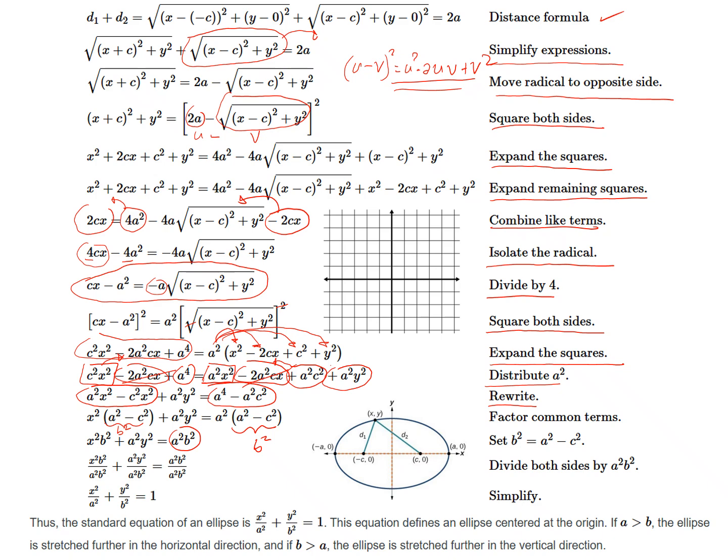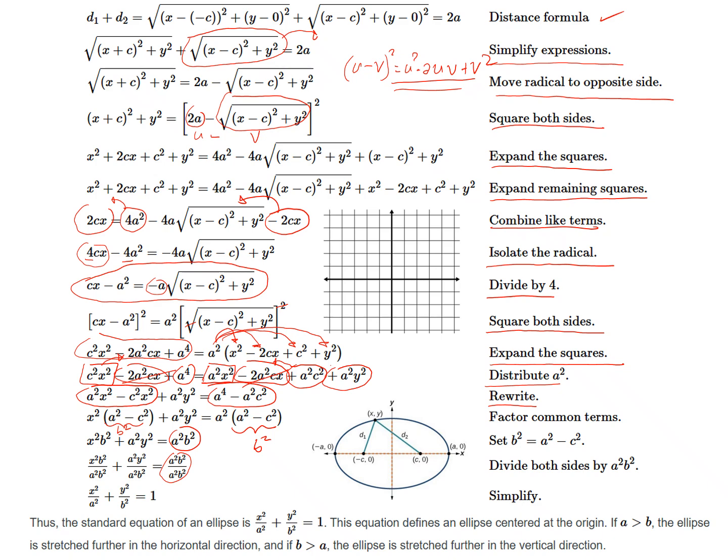So therefore we have x squared and this term, x squared b squared plus e squared y squared equal to e squared b squared. Okay, so now we have a common term on both sides. What is common on both sides? We will just divide both sides by e squared b squared. So when the right side is divided by e squared b squared, it becomes like this, and e squared b squared divided by e squared b squared becomes 1.